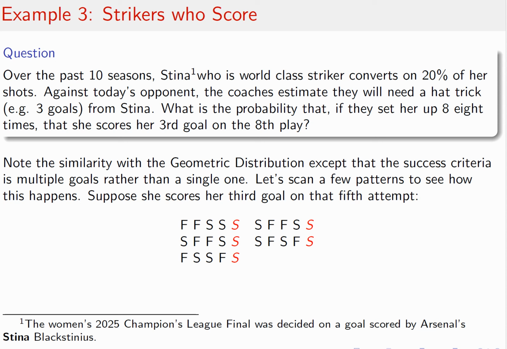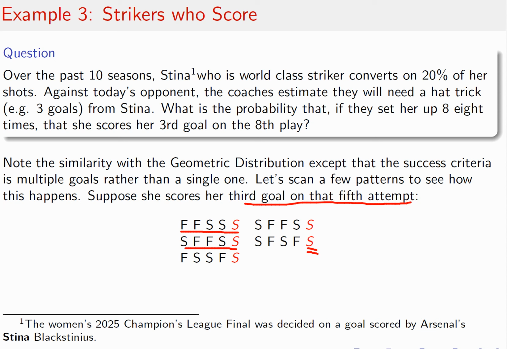All right, so let's just look at this in the situation that we're finding the probability that she scores the third goal on her 5th attempt. Why? Well, it's just fewer letters in the pattern, all right? So that could happen if there was a failure and then success, success, success. Or that could happen if there was success, 2 failures, a success, and then a success. And notice that the last letter in this 5-letter sequence is always red, and I did that on purpose. Why? Because it has to be a success. Why? Because if